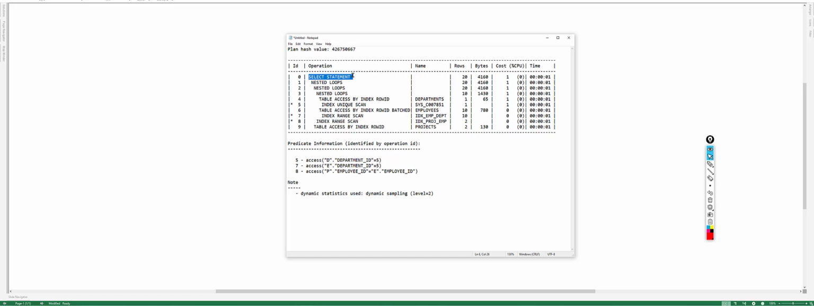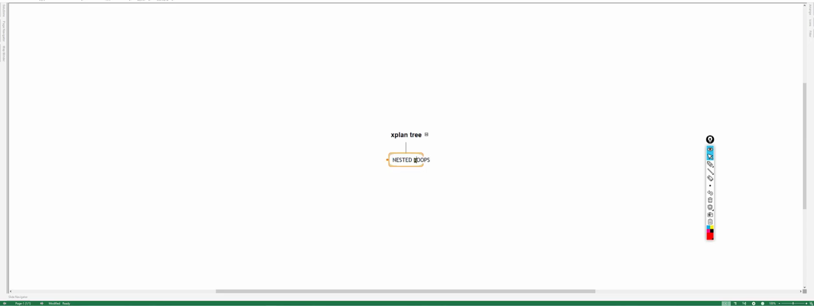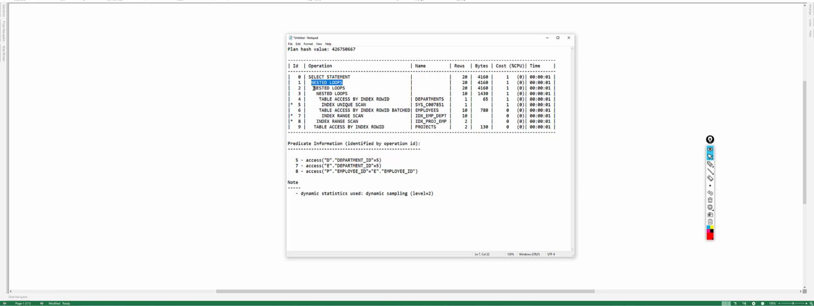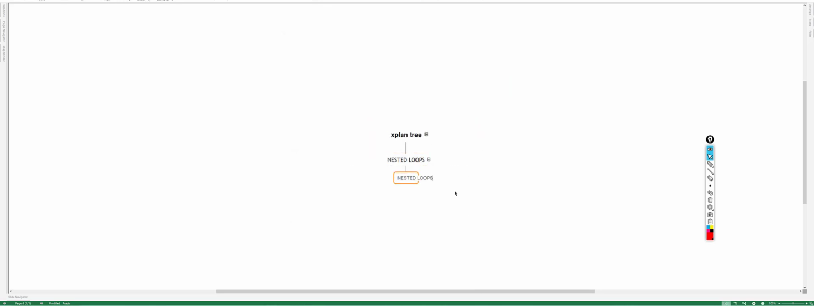So first comes the select statement. We can exclude this, it is not required. So next comes the nested loop. Okay, another nested loop. So as per the execution plan steps, this nested loop comes first, this nested loop comes next, then another nested loop comes third,